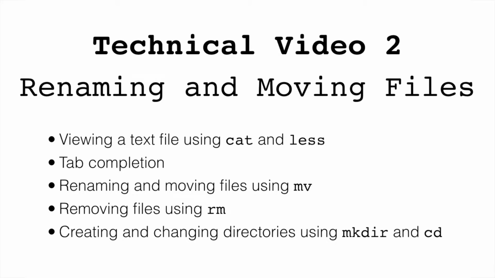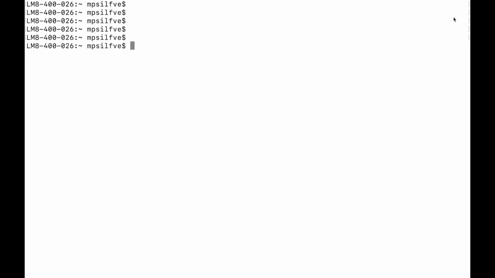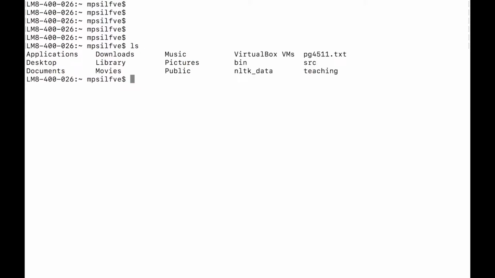In the previous video, we fetched some contents from the internet, and in this video, we'll examine the file that we retrieved and learn to organize files into directories. Okay, so now we have a file on our computer. If we try ls again, so ls for list, ls, and enter, then we see that there is now a file called